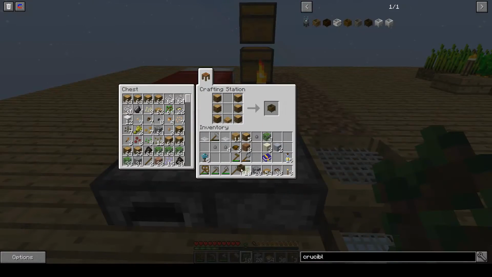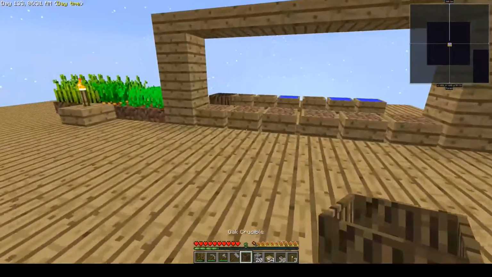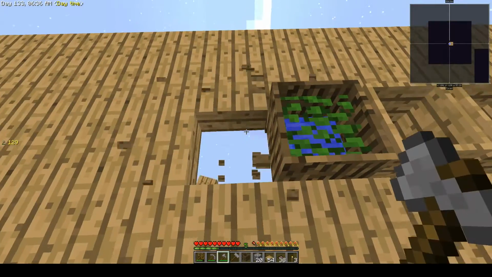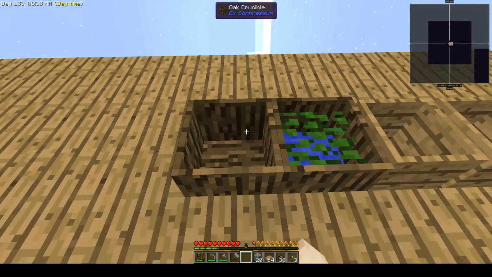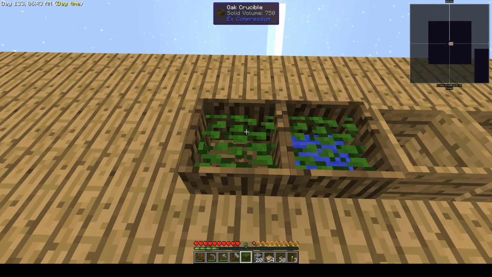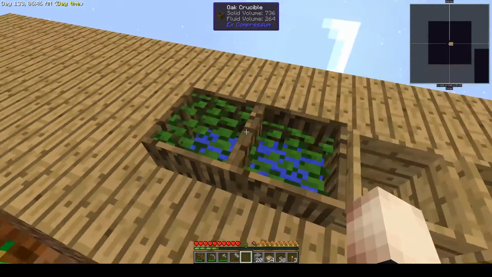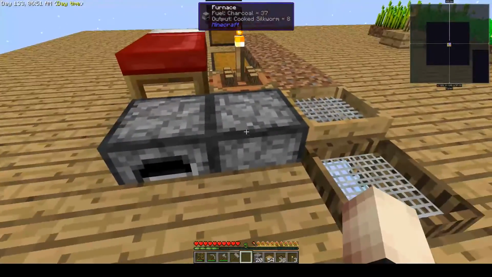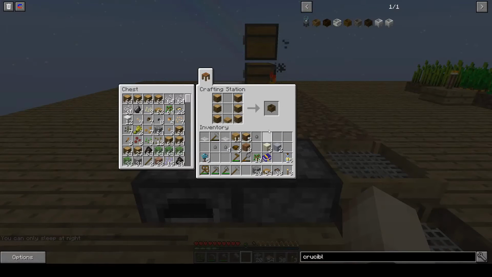We'll make another one here just so I can show you the difference between leaves and saplings. So we needed 10 saplings, 3, 4. There's only 4 leaves. So much, much better. All right, now we have a whole bunch of cobble, and the next thing I want to show you,